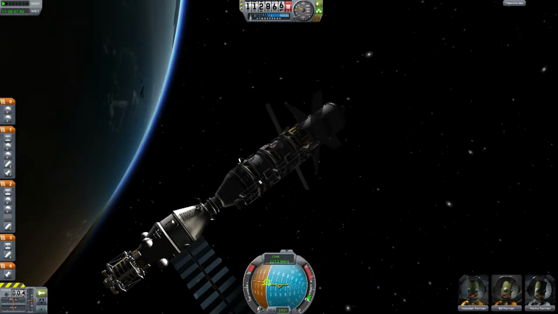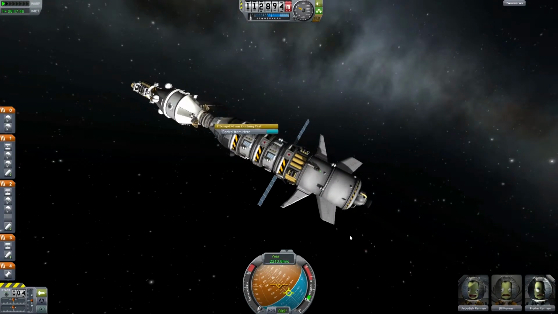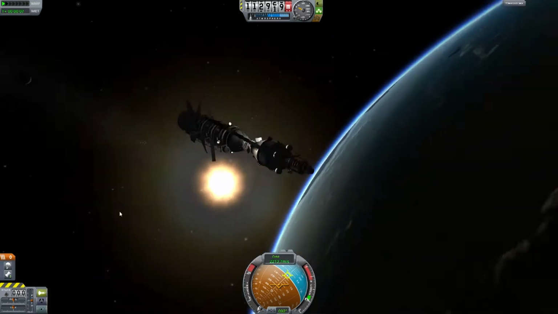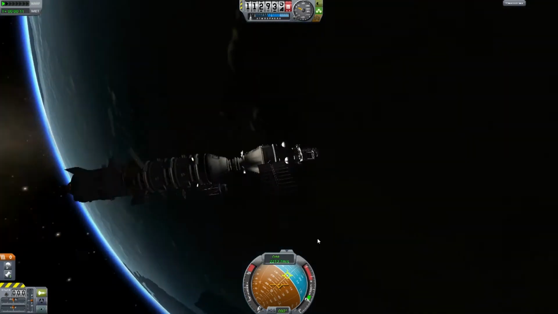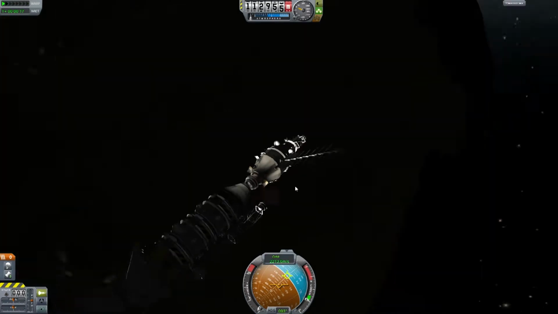No, these ships are so light it won't need any. So we will decouple from here, and let's see if we have control over this as planned. Yep, looks like it. Perfect. So we're in control with this